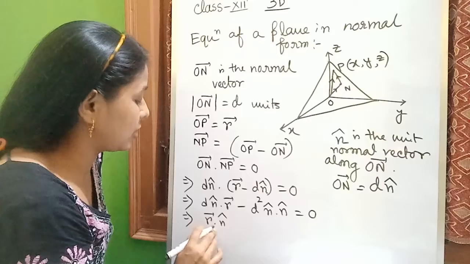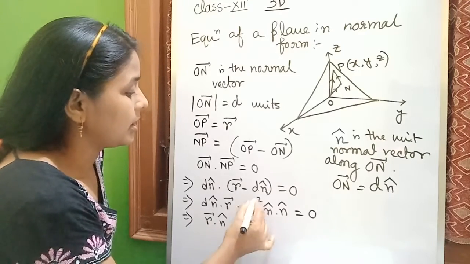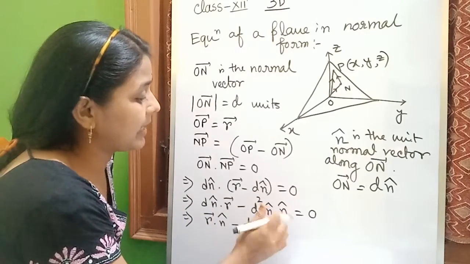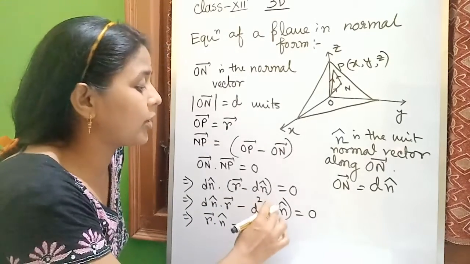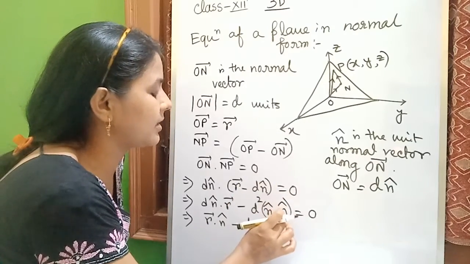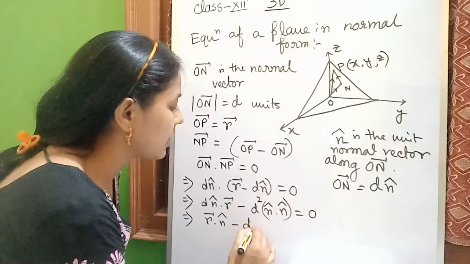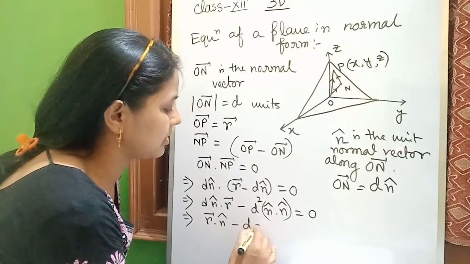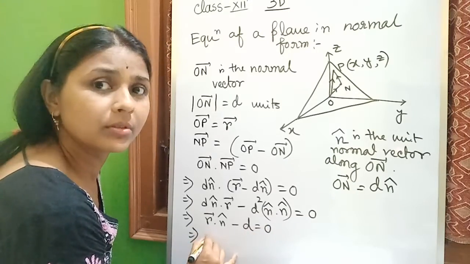So r vector dot n cap minus d square, from d square one d we have cancelled, and the rest of the part is n cap dot n cap. N cap is a unit vector. Unit vector dot unit vector always will give you 1, right? So I am not writing 1. So d into 1 means d, so it's 0. So we can ultimately write down,